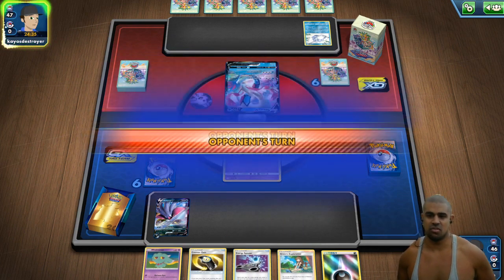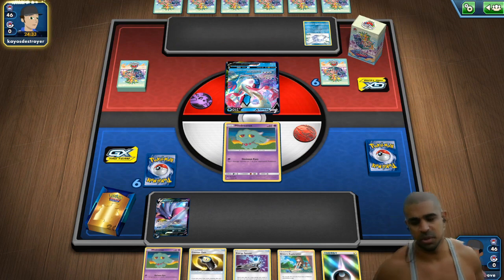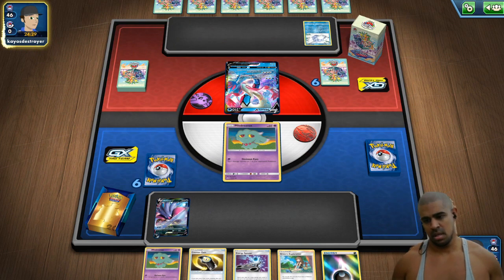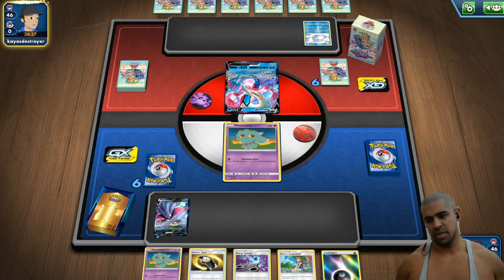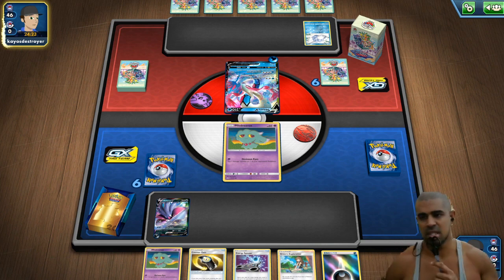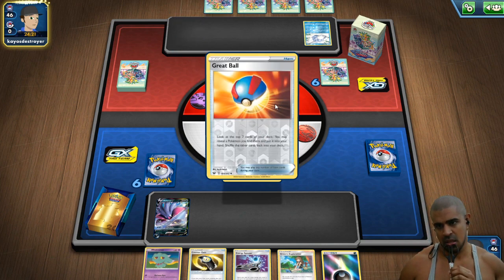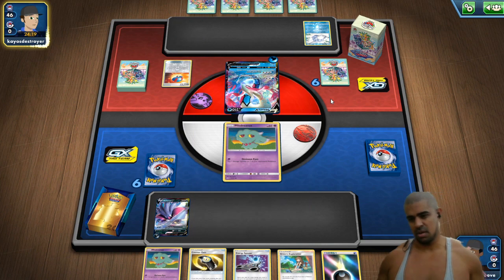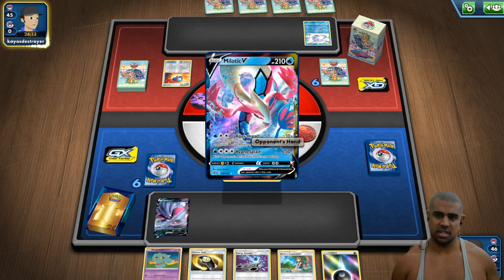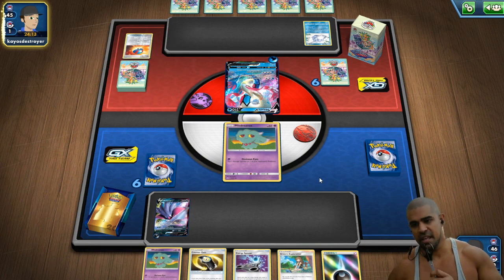Right, so next turn we've actually got a really nice start there. Hopefully we can lock him up. What can we go for? Stamp. Don't know how it goes. We kind of need to get Malamar VMAX, so Evolution Incense. We go for Evo Incense and Dusk Stone, so we can guarantee the VMAX, and hopefully we draw into a